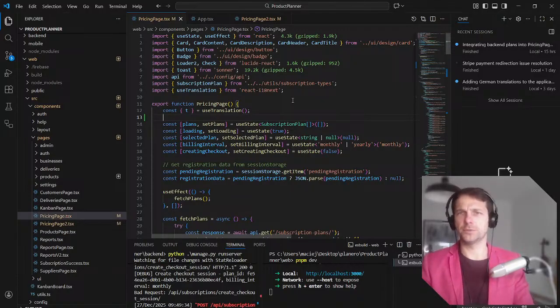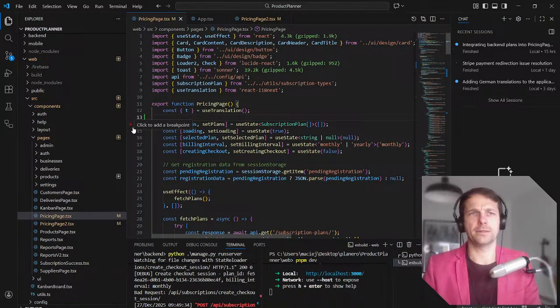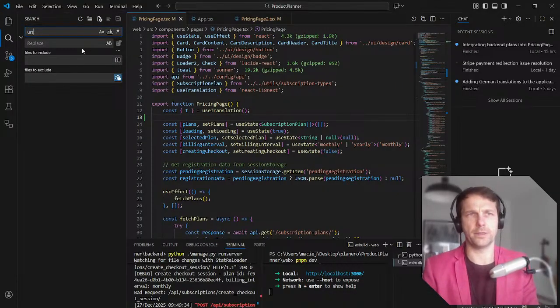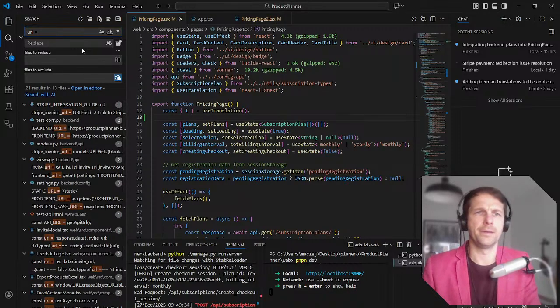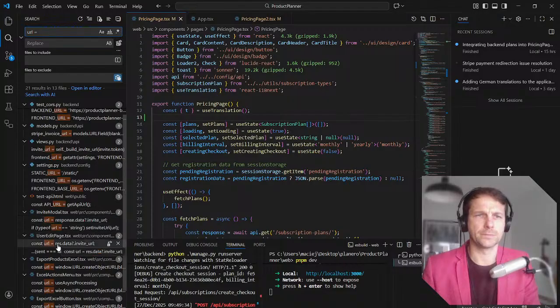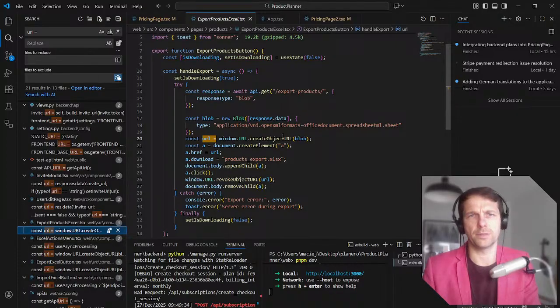What did I want to do? Oh, okay. I wanted to pick the variable from the URL. So in my application, I've got this URL somewhere. Let's see how I actually implemented it. Backend URL, invite URL. No. Res data invite URL. No. Okay, it's checking the window URL create object. This sucks. This is not a good solution.